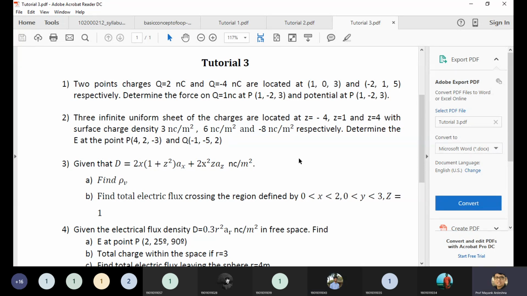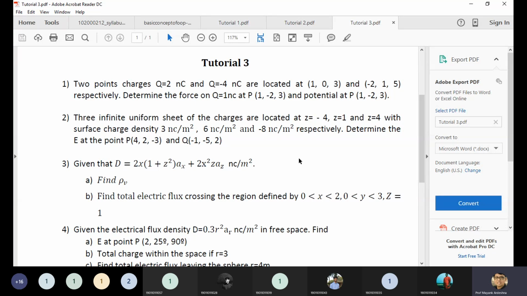So we have started with an electrostatic field. First we discuss the two laws. One is Coulomb's law and the second is Gauss law. Coulomb's law you already know. It gives me the force, and based on the force we can try to find out the electric field intensity. So the first example is based on this one.